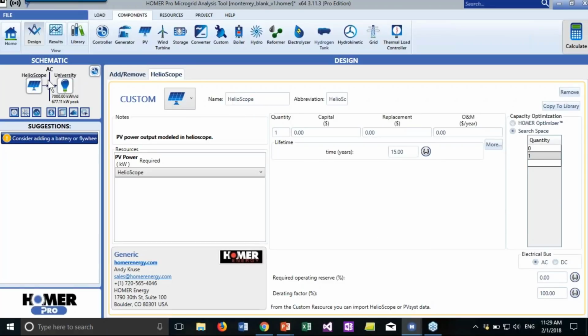So here we are, HelioScope was added to the AC bus, and now we need to define the costs of our whole system. So for the 135 kilowatt system, we can enter, let's say, $2 per watt. That would be 270,000,